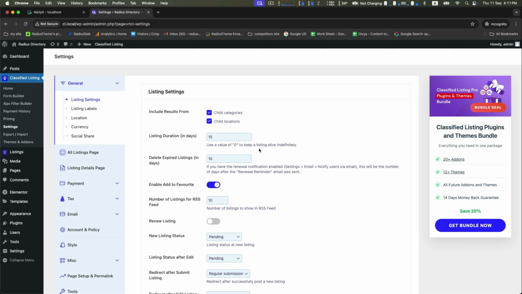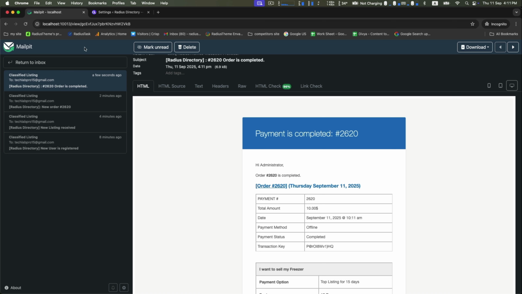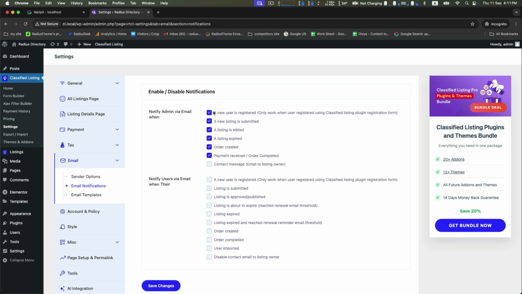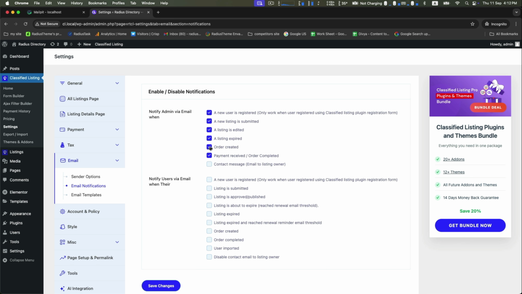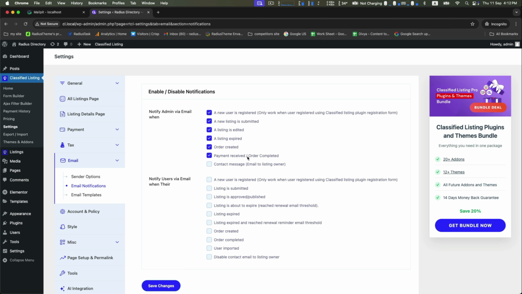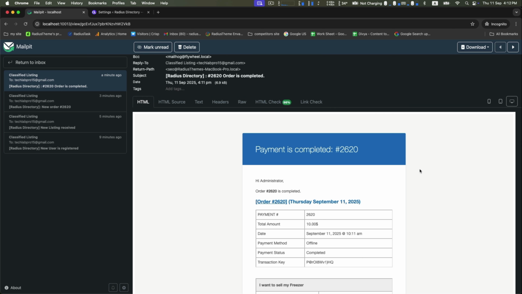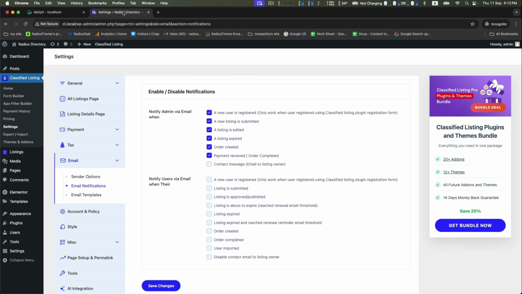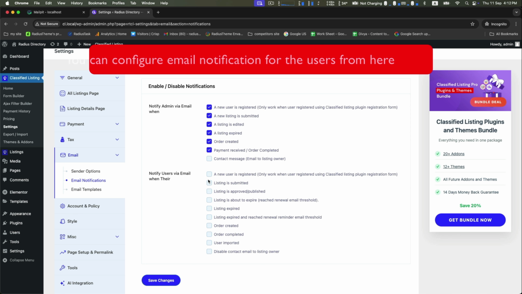Now let's go to the settings again. And in this way, by completing each step one by one, we saw how the process goes from the registration to listing submission, how to edit a listing, how to create an order and complete it, so that the admin always stays updated and gets notified. In the same process, your users will always be updated and get notifications